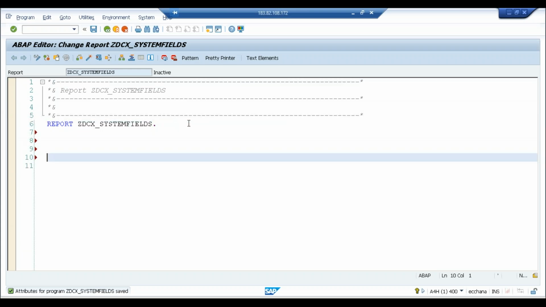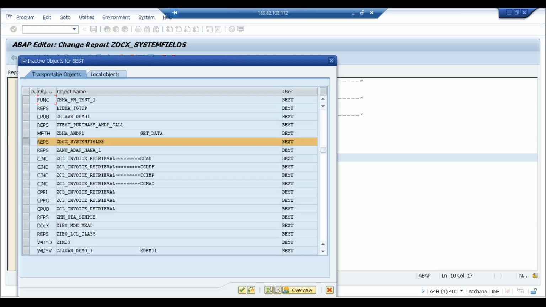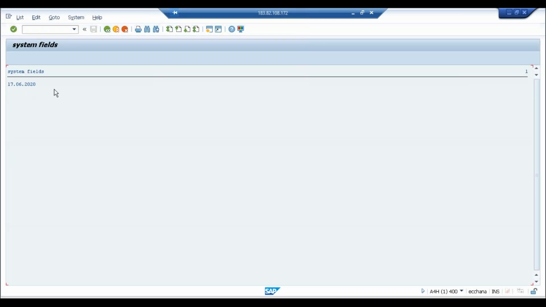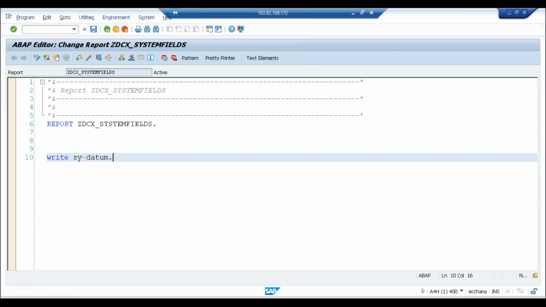I'll write a simple command here: write SY-DATUM. I'm just simply writing WRITE SY-DATUM. And when we execute it, we get 17/6/2020. And this has not been done by any one of us. In this way we have a lot of system fields in the SAP standard system fields,